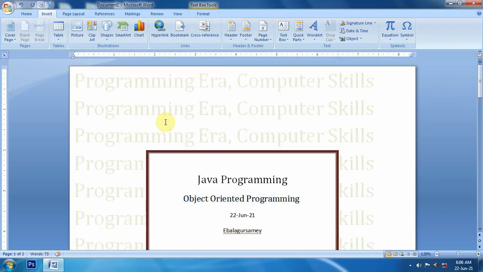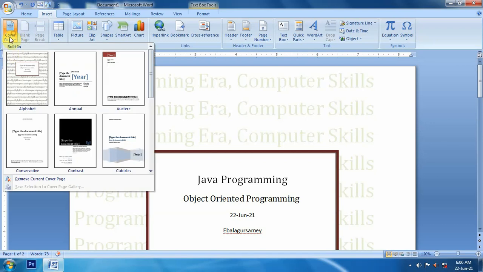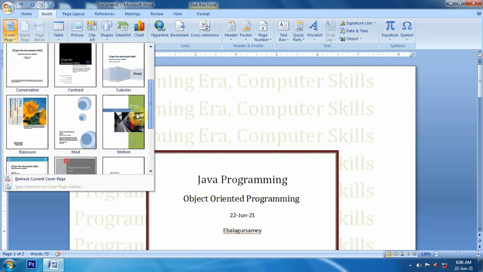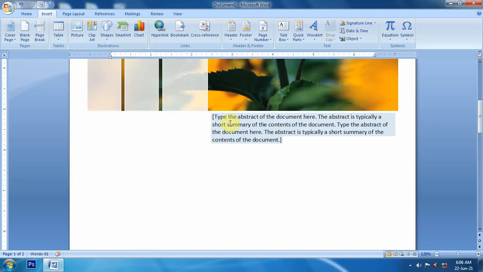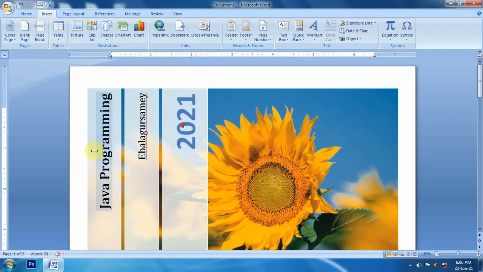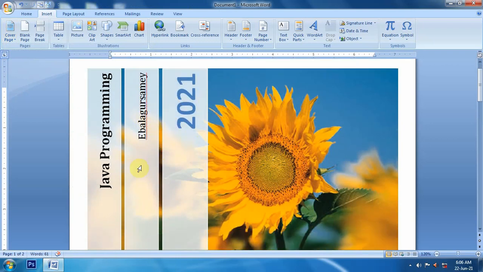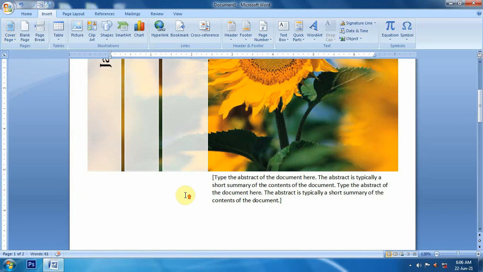If you want to change this cover page, we can take some other, like this. So all the data that we wrote over there will be adjusted to this cover page automatically.